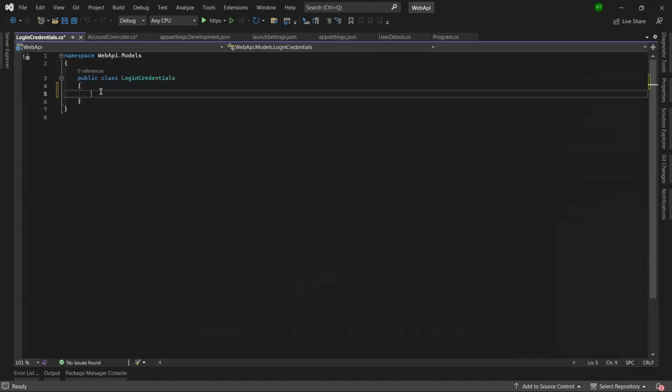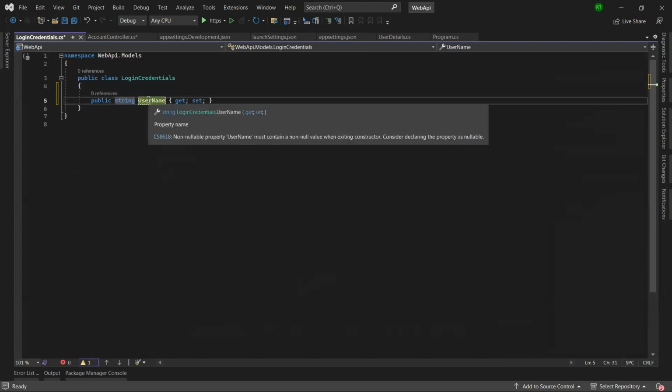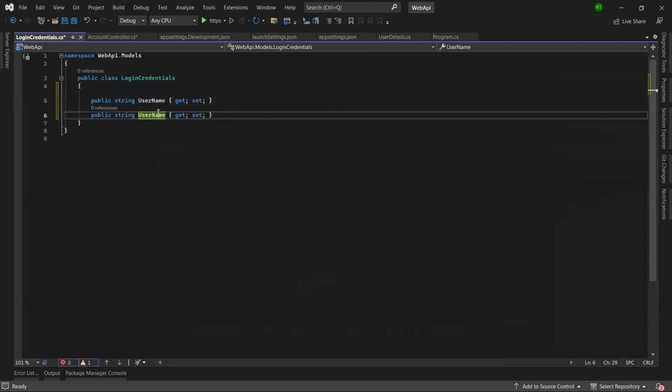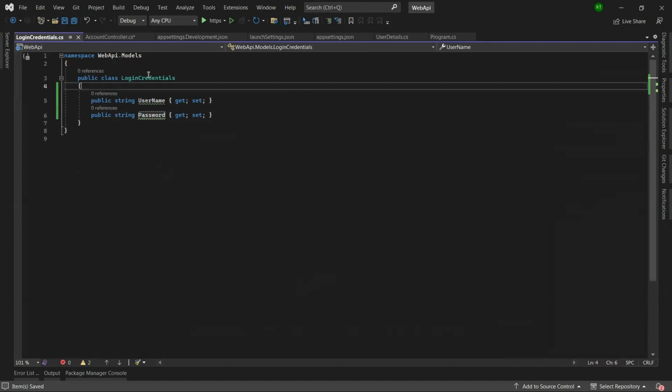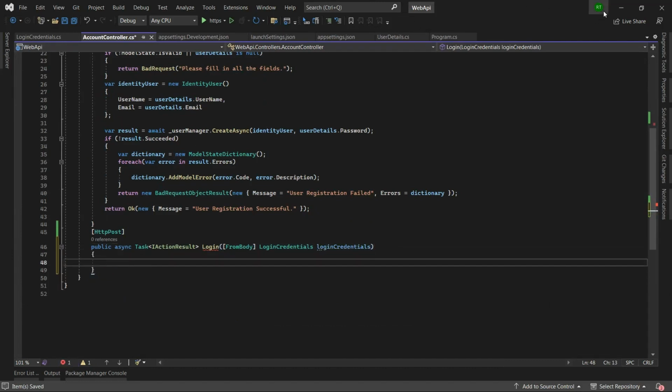And inside, let's put a double tap. We need a username and password in here. Control C, Control V, it's the password. Okay. Now let's put this in here. LoginCredentials. And here